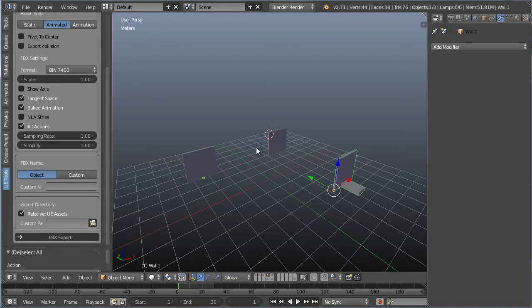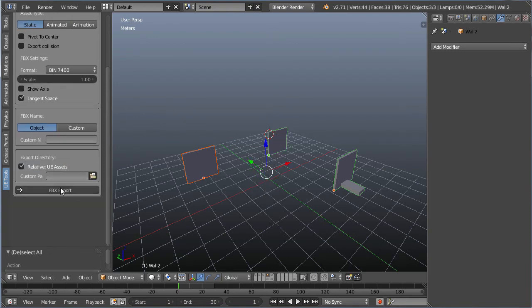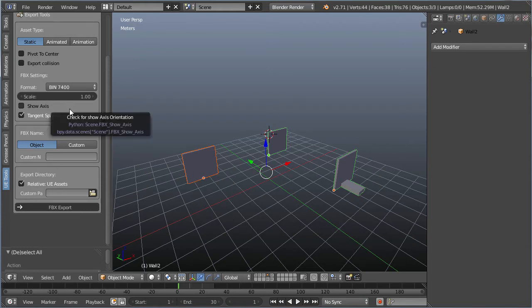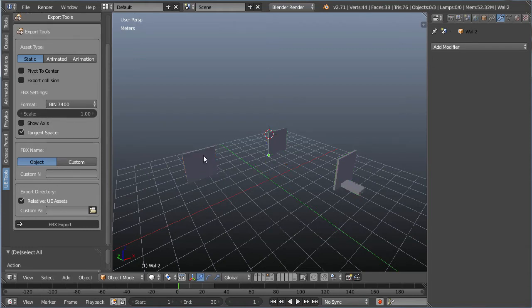Let me show you. It will export these walls, static mesh. In this way, it will export only one file with the three. Without these options,